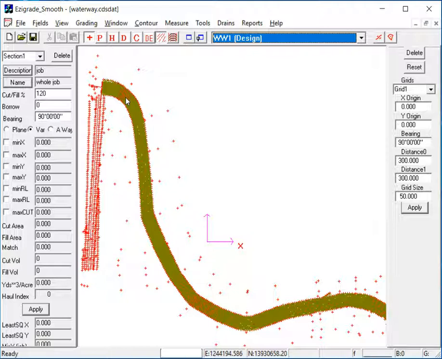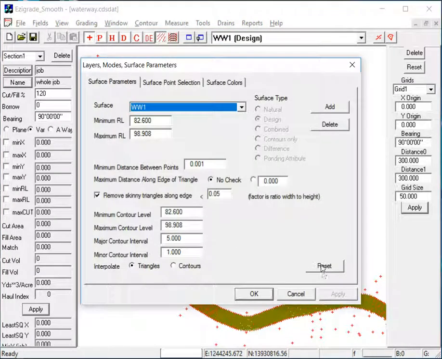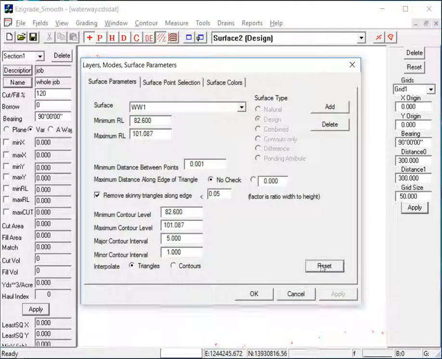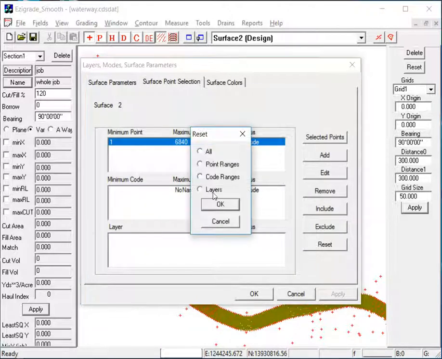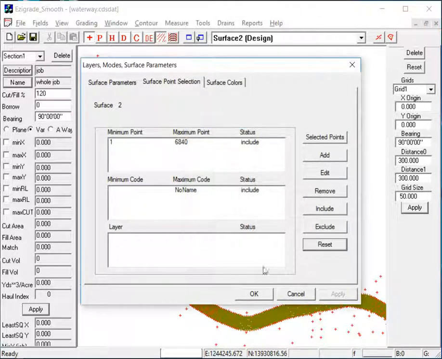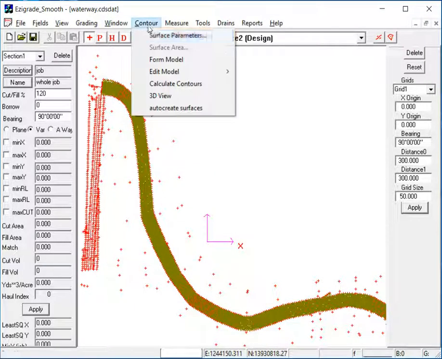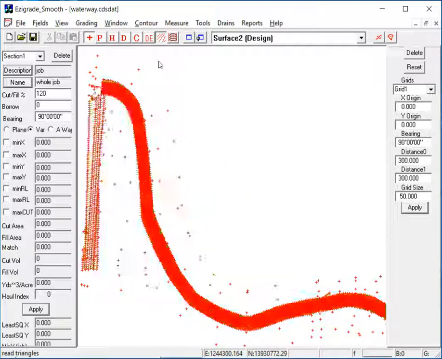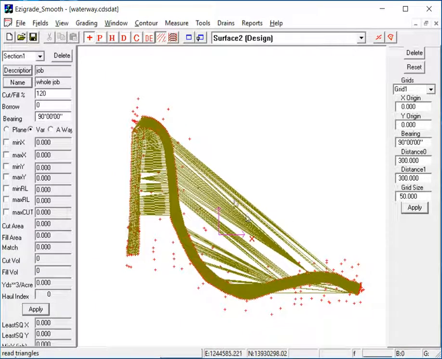So the first thing to do is go into Contour and Surface Parameters. Just click Reset here. We're going to reform the triangles. Click Reset. Go to Surface Point Selection. Click Reset there as well. Click All. Okay. So now go from the Contour menu, Form Model. Now what that's done, that's reformed the triangles